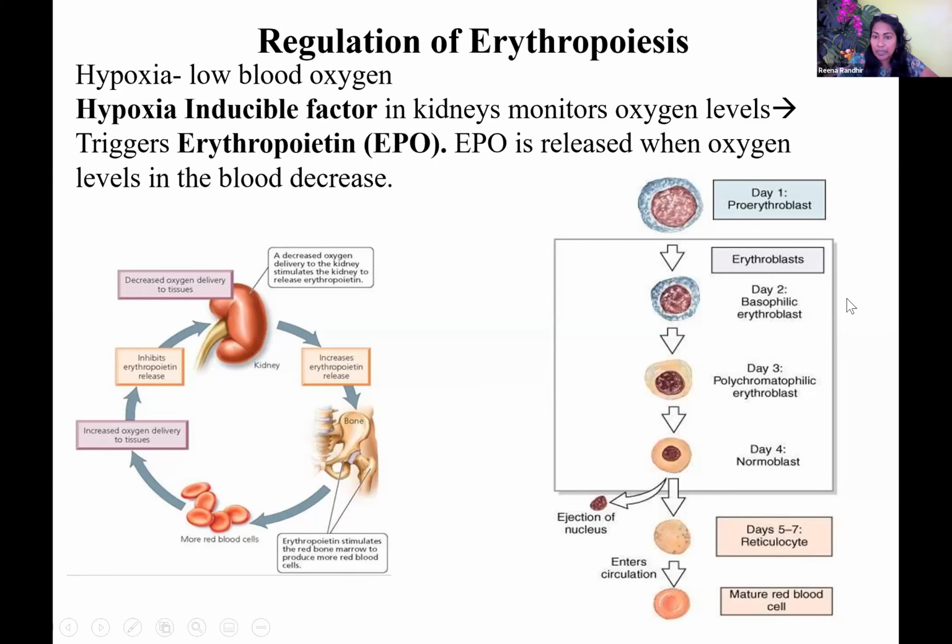The picture on the right here is showing how the stem cell is making RBC. So this is showing a series of differentiation. You can see how the mother cell for RBC is quite big. See, pro-erythroblast. And then day 2, it has differentiated to become a basophilic erythroblast. And then day 3 and day 4. But between days 5 and 7 is when it gets shaved off. See, the nucleus is pushed out